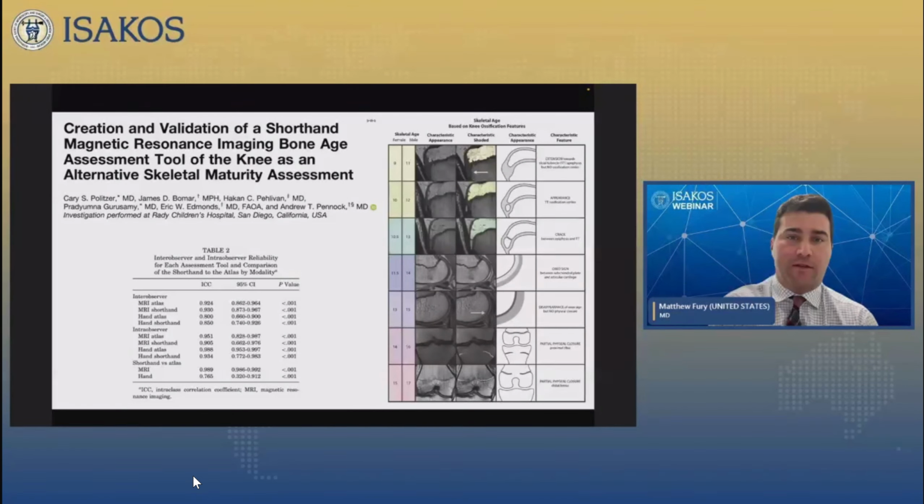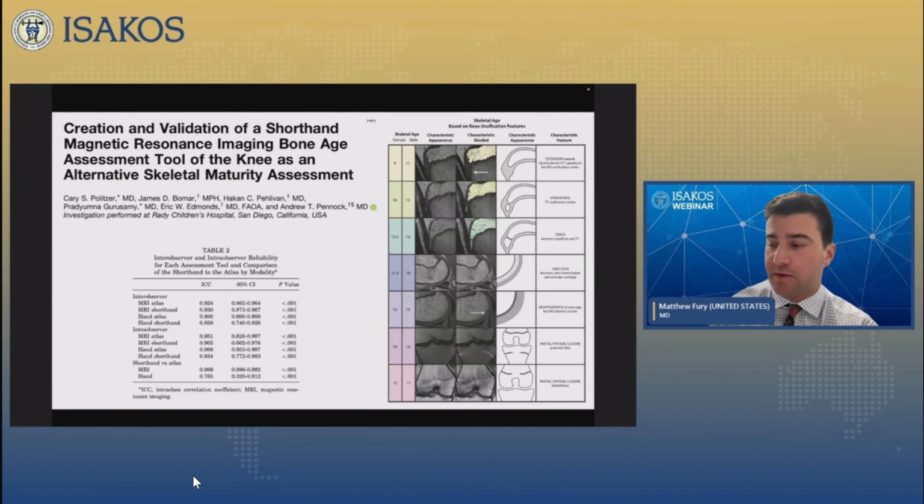Now, the historical ways of assessing skeletal age have involved getting hand radiographs, elbow radiographs, other additional imaging, when at least now in the modern day, most of our ACL patients are coming here with an MRI. So there's great value in potentially being able to assess skeletal age and growth remaining by using the MRI.